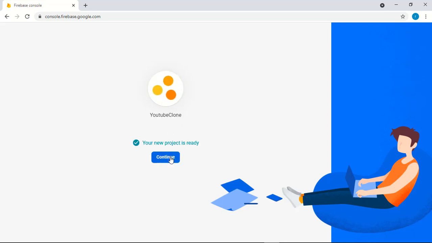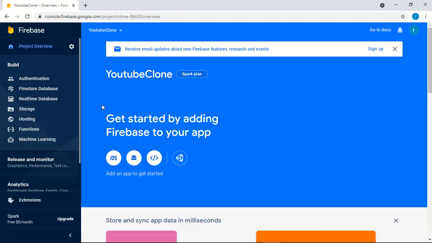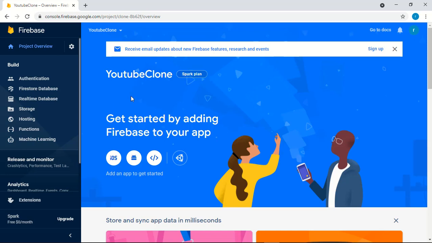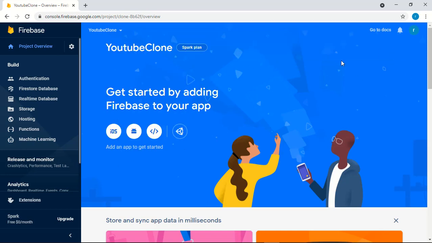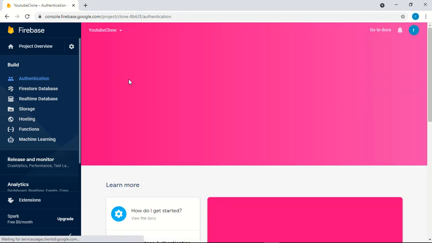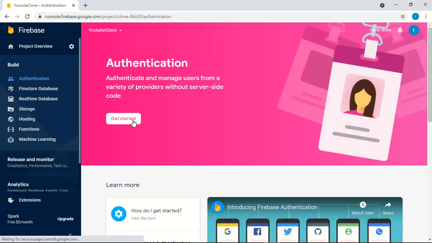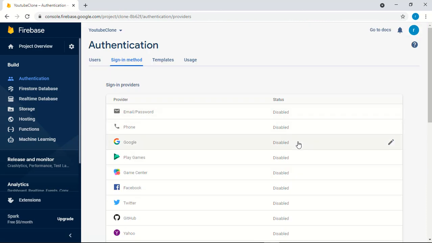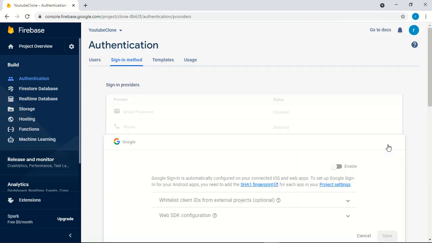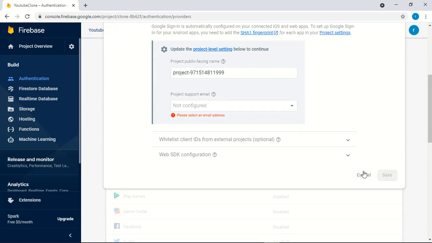Okay, fine, continue. Now our project is created, and in this project we have to do three things. First is authentication. Click on authentication and get started. In this project, YouTube clone, we are using Google sign-in, so we will enable Google and the project email.